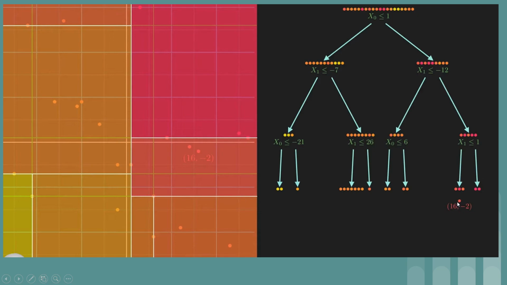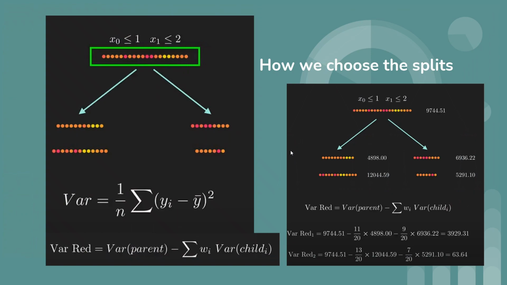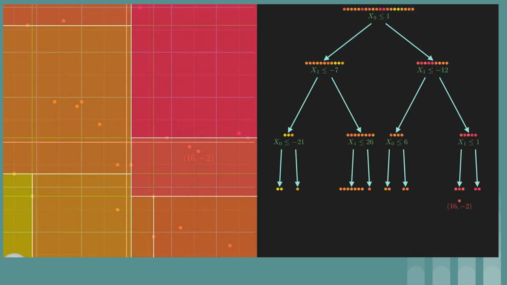Now the exact location and the exact value of this red dot shall be the average of the values of these three red dots. This is the process of prediction, but the very act of splitting is also a very difficult act,